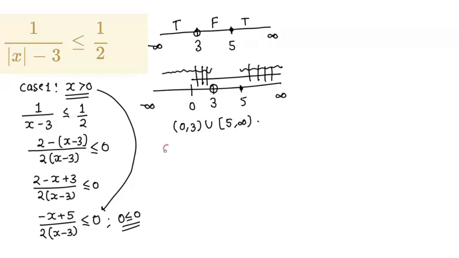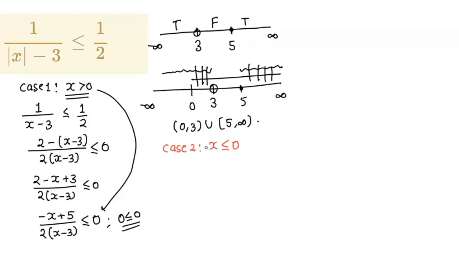Now I am going to solve for case 2, and case 2 is when x is less than or equal to 0. See, here 0 is not included. So I am including 0 over here. You can also include 0 over here, and you can't include 0 in case 2. So this 0 is the boundary. You can include it in case 1 and exclude it in the second, and the opposite.